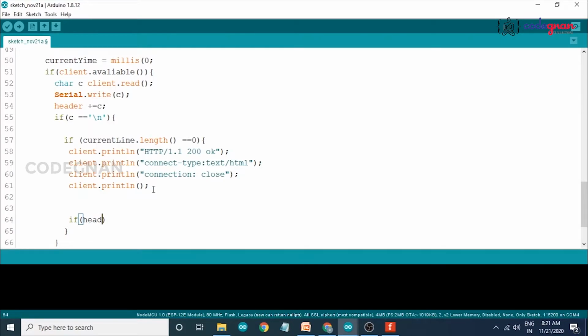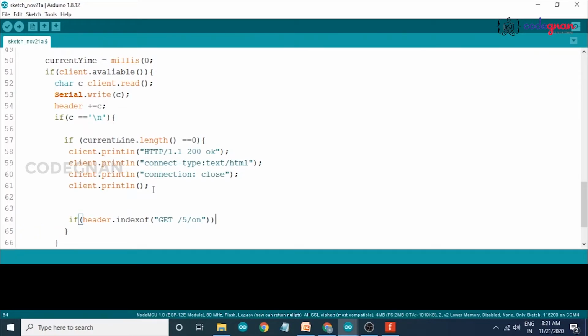dot indexOf GET /5/on, so we have to turn it on in our program, in our HTML code.